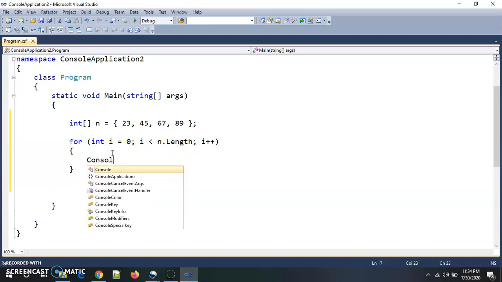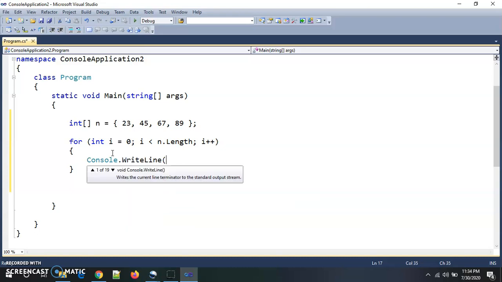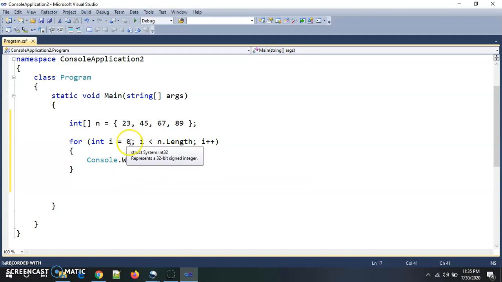Now I am writing Console.WriteLine to display the array elements. My array name is n, and an individual element we can access by using square brackets with the index, and I am giving the index as i. The first time my i has the value 0, so n of 0, meaning 23, will be printed on the console.